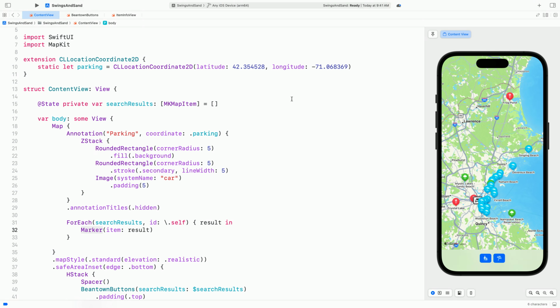The search results are MKMapItems, which is the type MapKit APIs like MKLocalSearch use to represent places. Here, I'm using Marker's map item initializer. Markers created this way use the map item's name for their title and use information from the map item to show an icon and tint color that represent the place. Most of these search results show as light blue beach umbrella markers. When you're working with map items, Marker's automatic content and style support is very convenient.